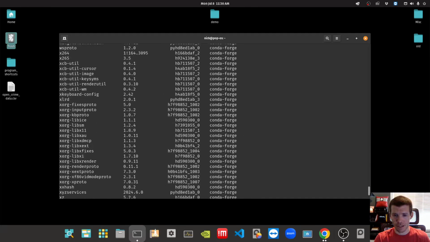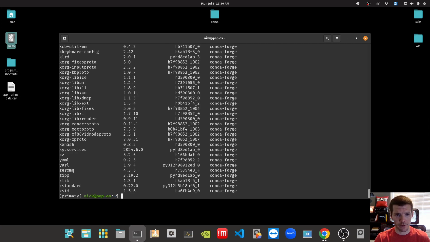So if you're using Anaconda, you can create an environment, and I install pretty much everything from the Conda Forge repository. So you should be able to install Polars 1.0 or greater from Conda Forge.